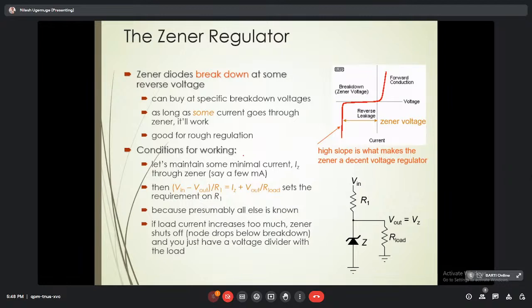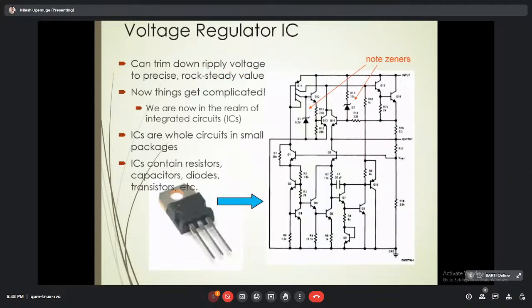So it is better to use electronic circuits or ICs for better regulation. But earlier people were using the Zener diode as a voltage regulator, and these are the certain conditions that we have to maintain to get regulation from the Zener diode. So again, as I have mentioned, there are voltage regulator ICs. With the help of those, we can also regulate the power supply,